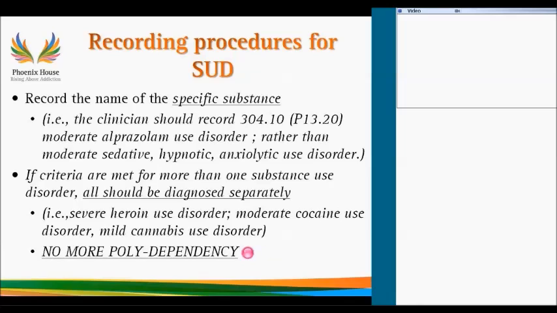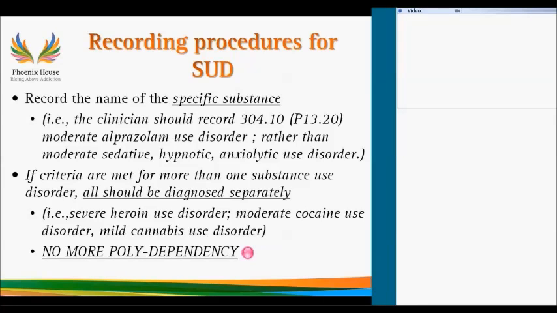So the next issue is, okay, how do I record this? How do I document this? The idea is this. If you haven't figured it out, and you will see this in other disorders that have changed in terms of the language, everything is based on how specific we can be, because the more specific, the more accurate the diagnosis, the more accurate the documentation, and therefore the more accurate the communication from one treatment provider to the other, which is really where a lot of people can drop the ball.